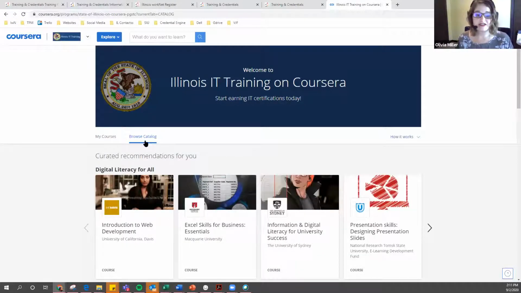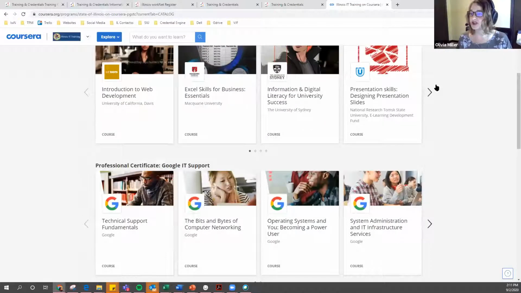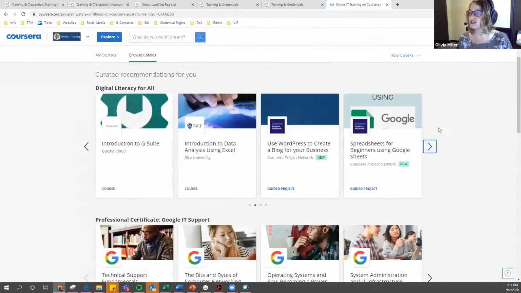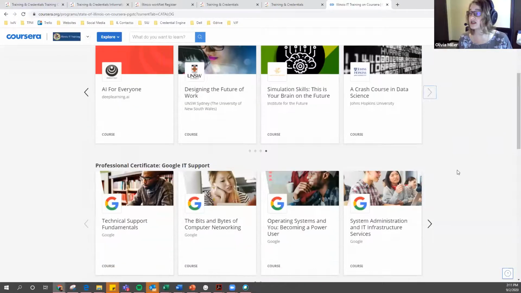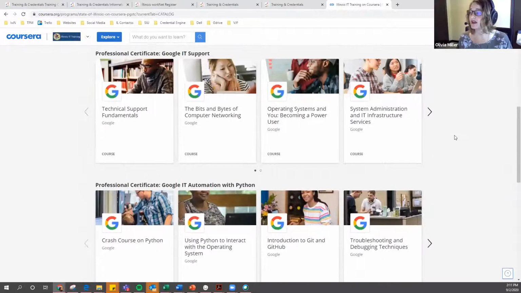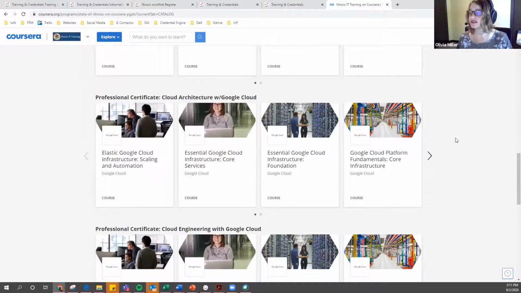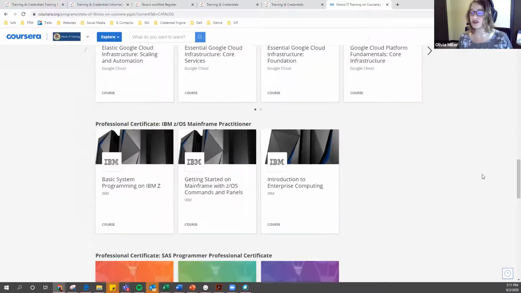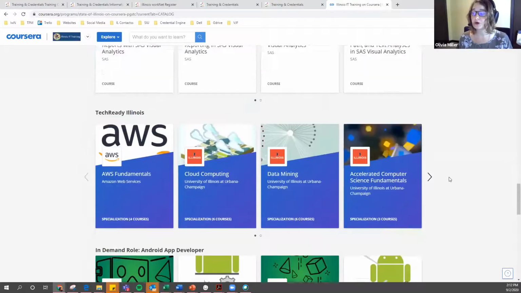To browse the courses, you will click that Browse Catalog button. You will then begin to view the listing of the free online IT courses available. So you can see here as you scroll through these pages, you're going to have different sections. Each of these sections has these little arrows where you can spin through the different courses that each section has available. You can see as you scroll down through the page here, there are lots of different opportunities available. As you continue to scroll further down, it's just going to continue to load more and more courses for you.